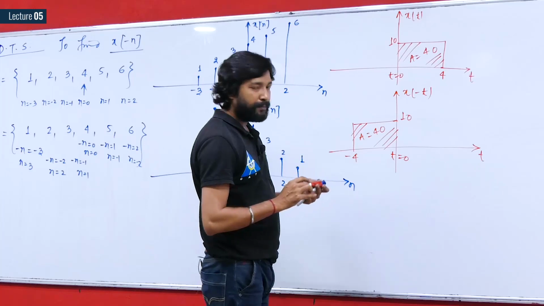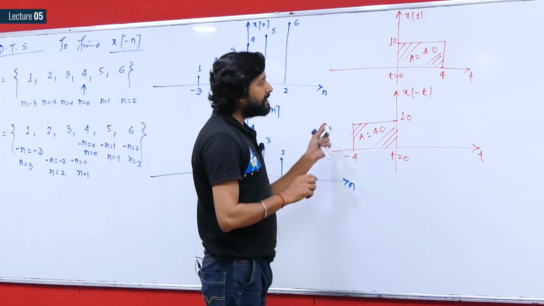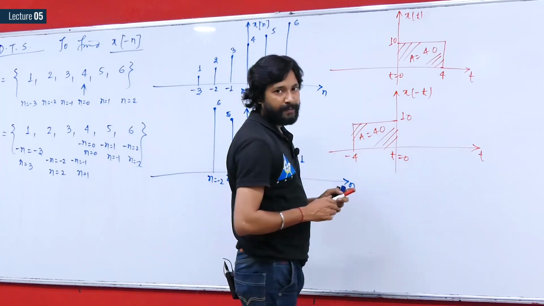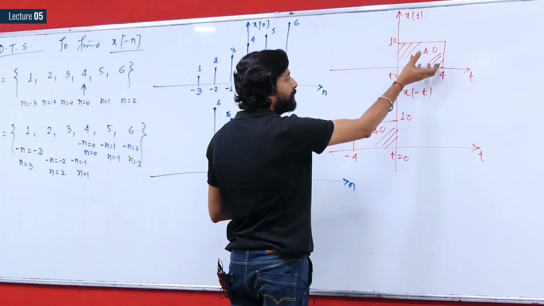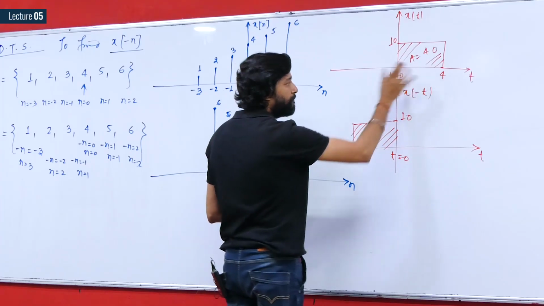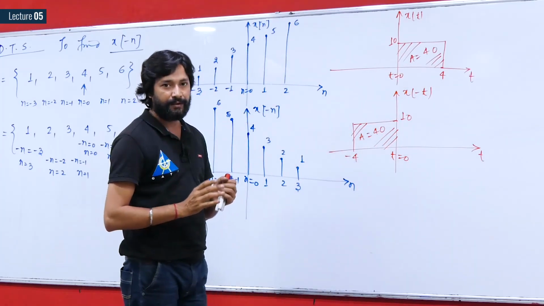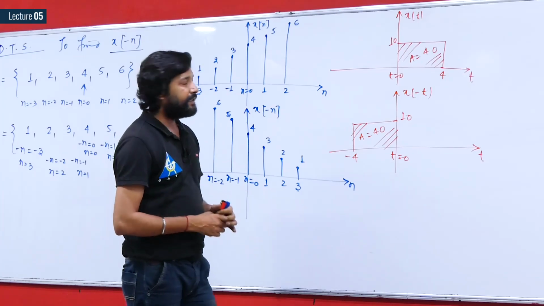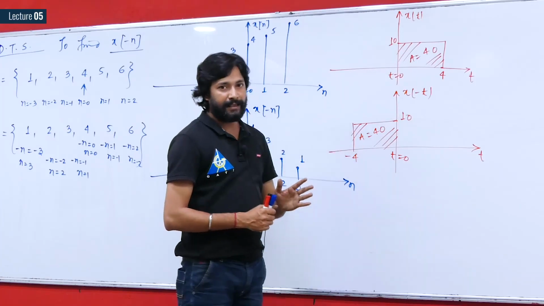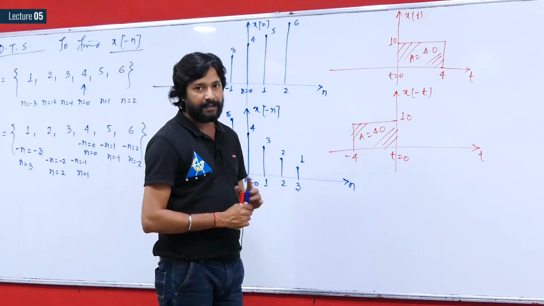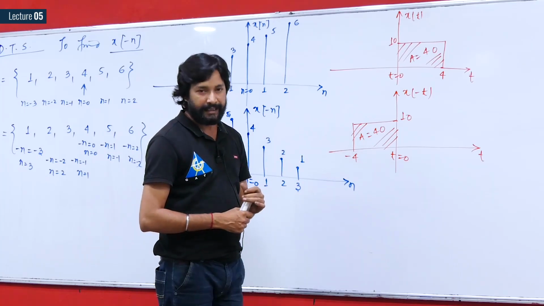So whenever you are performing time reversal, it is not going to affect your area. The time width is also maintained, as you are just shifting the signal from one side to the other. So the time width is not altered, and therefore the existence duration of the signal x of t or x of n is going to be maintained. Similarly, if the signal was absolutely integrable earlier, then after time reversal it is again going to be absolutely integrable.